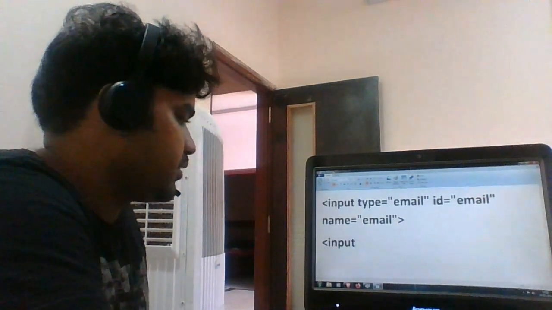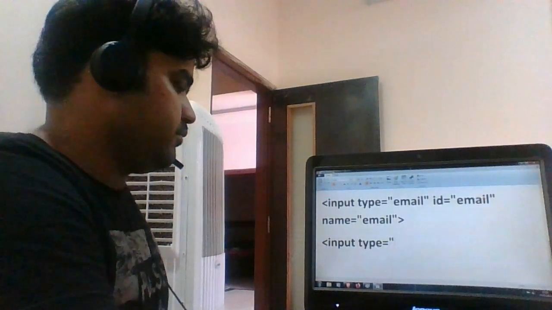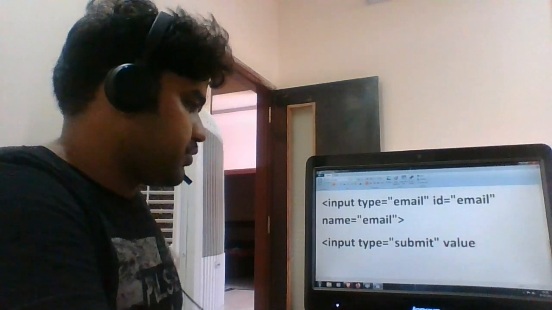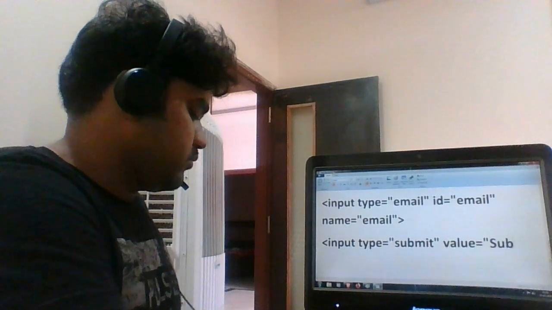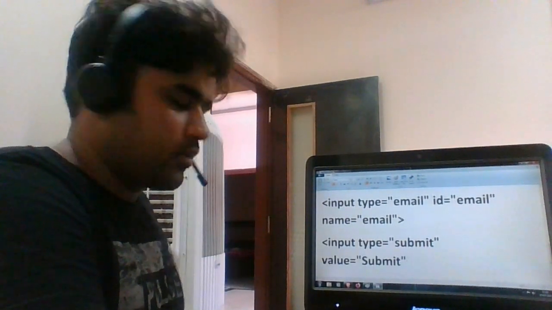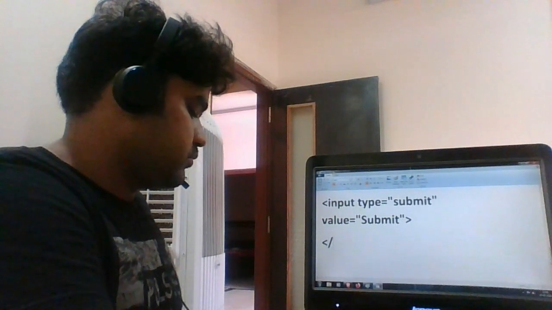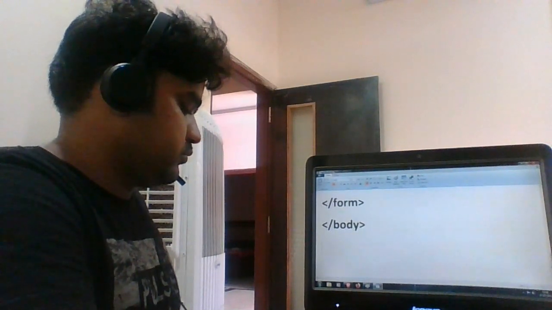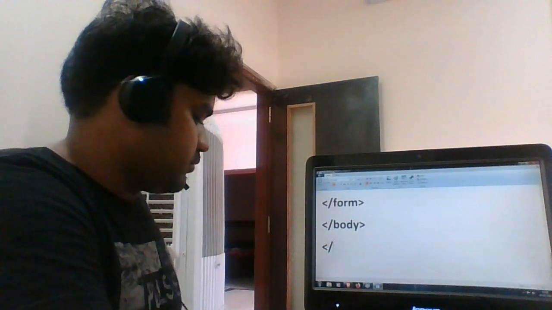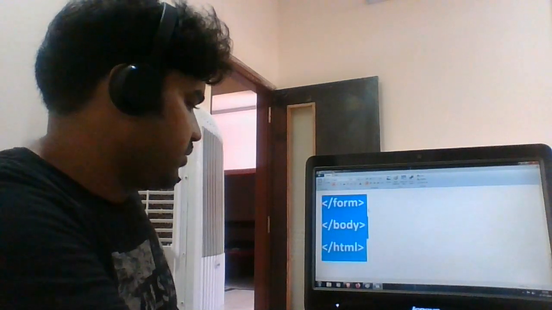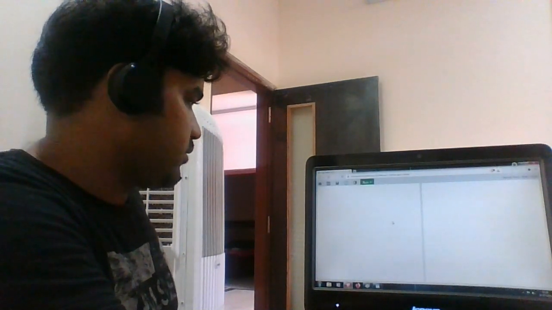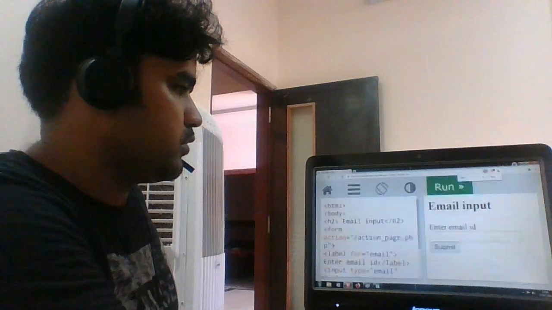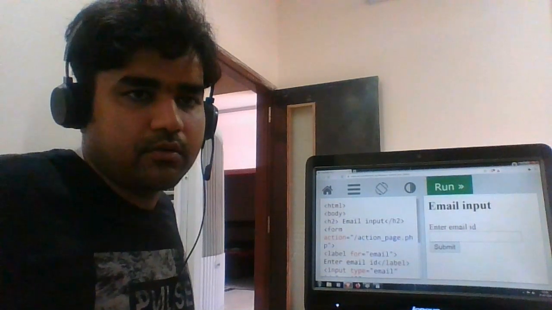then the next one is the submit button, input type equal to submit, value is equal to submit as well. Then close the form, and close the HTML. Copy the entire thing, take it to your emulator, run it. Let me just zoom in to the highest level. So you can see that the